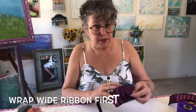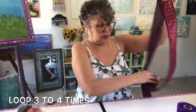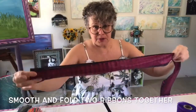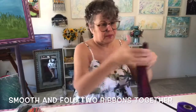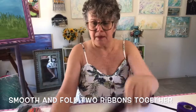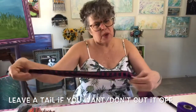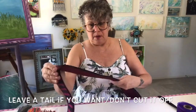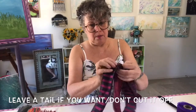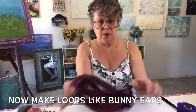What I'm going to do is get this piece done first, the fat piece. So we're going to do it at opposite directions. This one here, I'm just doing 2, okay? So that's what I'm going to start with, is 2. And I'm going to leave this piece long, probably about, here, this is 12 inches. So about 12 inches you want to leave off. And the reason I'm doing that is because I want to have a longer bow tail, whatever you call that thing. Okay, so,